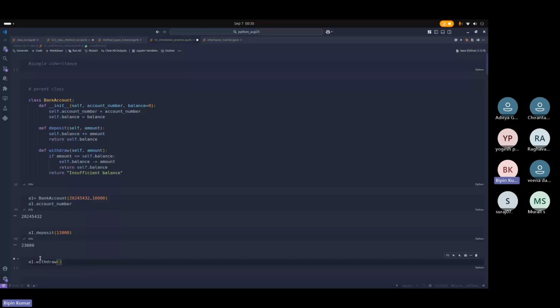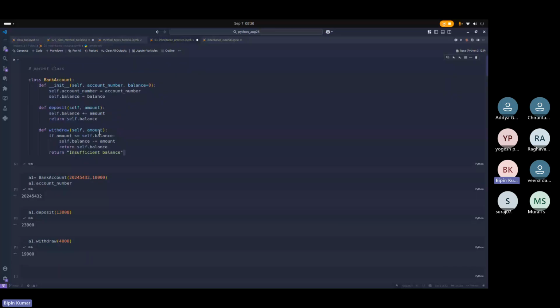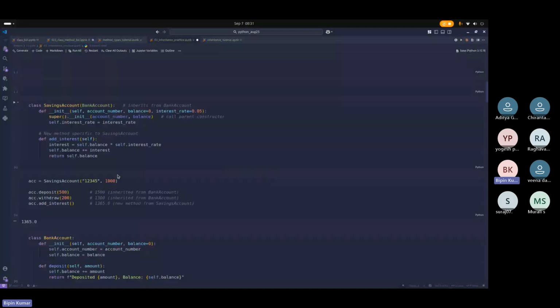let's say 4,000. Okay. So initially, let's say we have created some class which has deposit and withdraw functionality. And what are the inputs that are required? Account number and balance. Let's say we want to create some more features for this bank account. Okay. And for that, let's say if we create a child class,